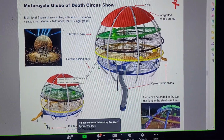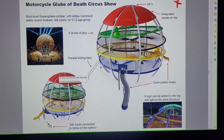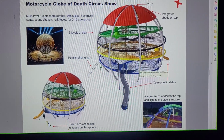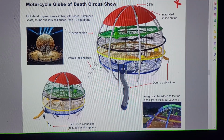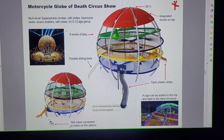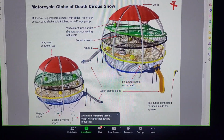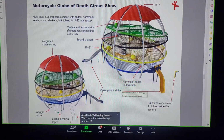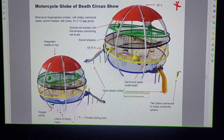So the idea here is multiple levels of play for kids to be able to interact. You'll see here in the concept we have slides where they'll be able to get out, but there's really different levels of play for the kids to use to climb inside this really interactive and really fun structure, which again covered the top of the tent. And back to some of the other things talked about earlier, it's designed underneath that area to have different seating areas, different sliding, different climbing, but it's really designed to give some of that verticality and some of that activity